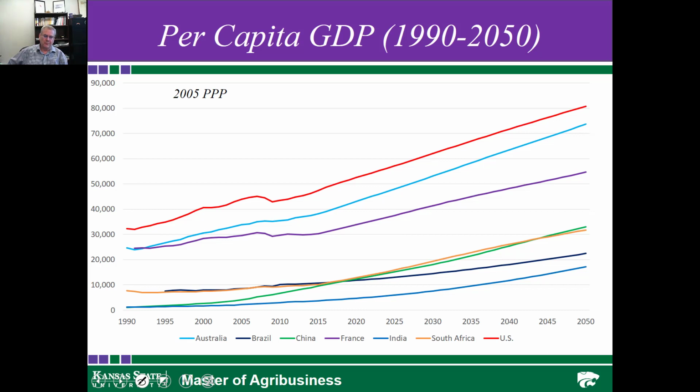In terms of where we are from an income perspective, I've taken some OECD numbers, and these are projections. But in terms of looking at that, by 2050, essentially the per capita GDP is expected to be $80,000. In the U.S. and Australia, probably looking at 74,000. And then if you look at France, probably looking at 55,000. A couple countries I think that are important to look at is certainly South Africa.